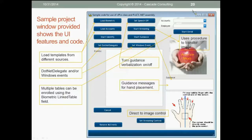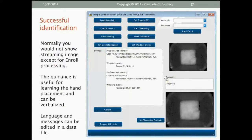Now in enrollment, this shows enrolling two different tables, two different types. So now this is after a successful identification of one of the accounts. Oh, and I didn't mention that this button, the Set Windows event,